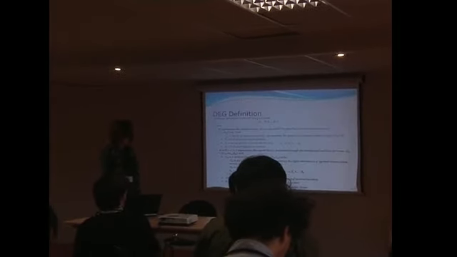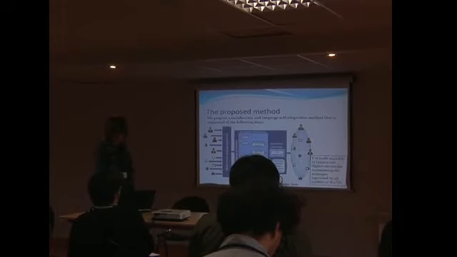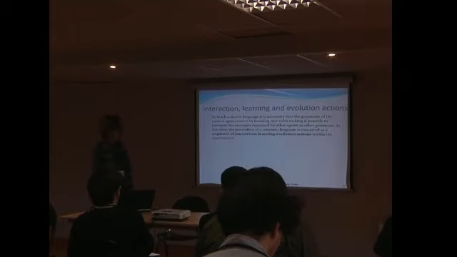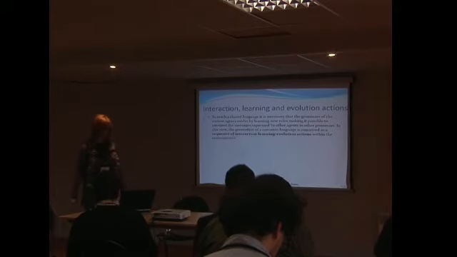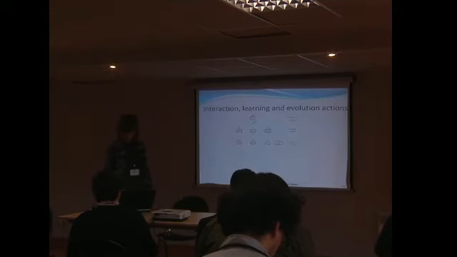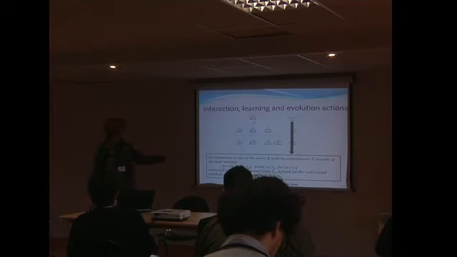Coming back again, we had here that one was the grammar definition, the step. And now we have the interaction, learning, and evolution actions. To reach a shared language, it is therefore necessary that the grammar of the different agents evolve by learning new rules, making it possible to interpret the different messages. So, the first phase is the interaction, and an interaction action of the agent AI with the environment consists of a message that is input,